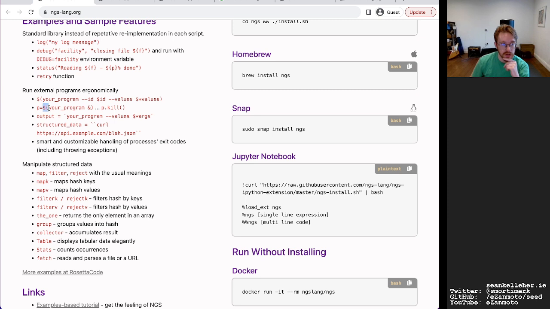So if you run a sub-program with an ampersand at the end, then that will put it into the background, I guess, or run it as a sub-process. So a nice nod to Bash, so that it's maybe a little intuitive and familiar. And so then you can control it in the background. That was something that I was trying to figure out myself, what would be a nice syntax for that. And using dollar with the parentheses makes a lot of sense as well.